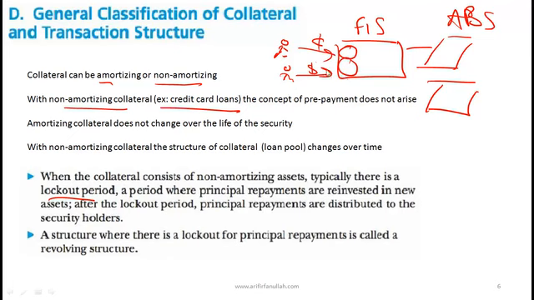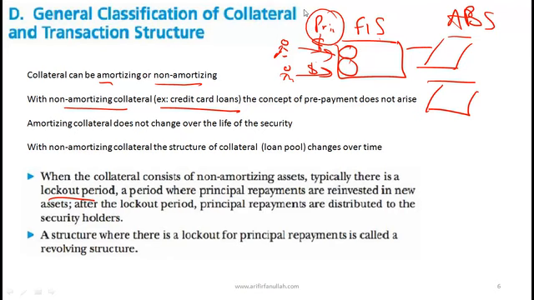Now, the question that just came up was, what if people make principal payments, or the actual loan amount is paid? There is a lockout period. Let's say the lockout period is 2 years. In that lockout period, any principal amounts that come in are used to issue more credit card loans. This protects the holders of the asset-backed security from prepayment risk, specifically from contraction risk.